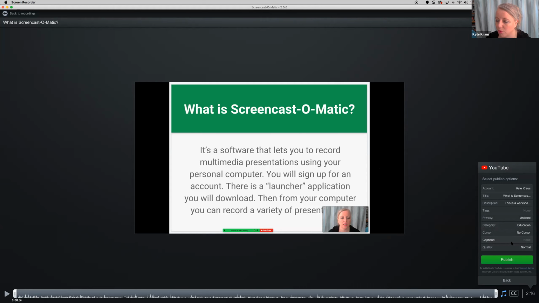It says captions aren't supported when uploading to here. So I think that the Screencast-O-Matic captioning might only work on that. Again, I didn't get a chance to upload since the captioning feature became available to me. So you might only have those on Screencast-O-Matic. We'll figure that out. And then quality is going to be normal, but if you want a